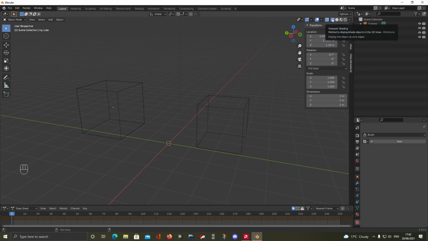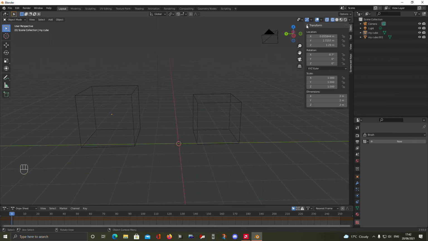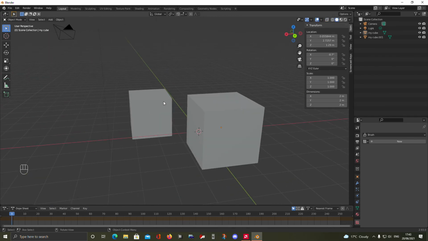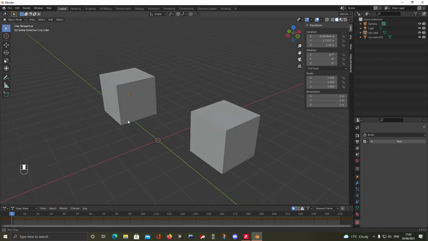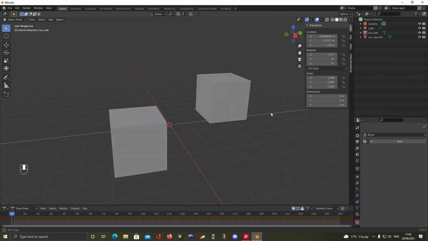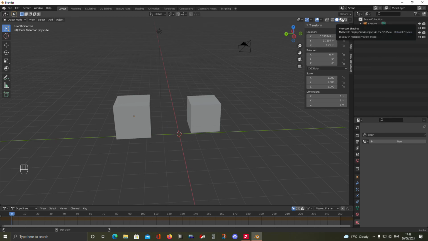You have the first one, which is the wireframe. So you can see everything as a wireframe, as it suggests. You can have this, which is a solid, no texture, just a gray. Every object will have this same color, which you can change. It's just your basic viewport display, which you will use when you are modeling something because it's